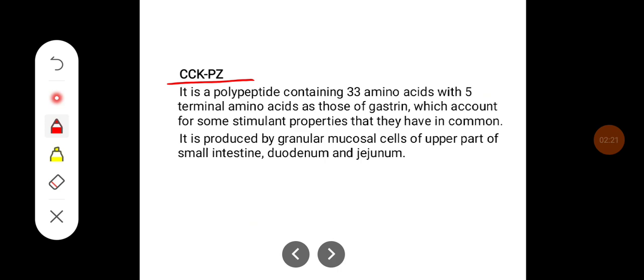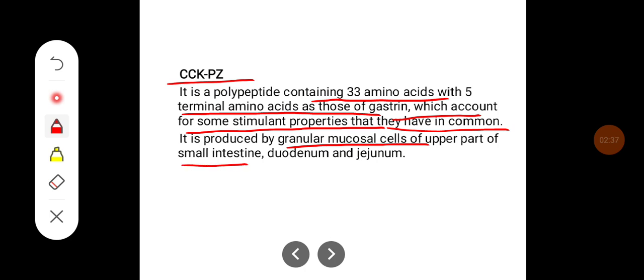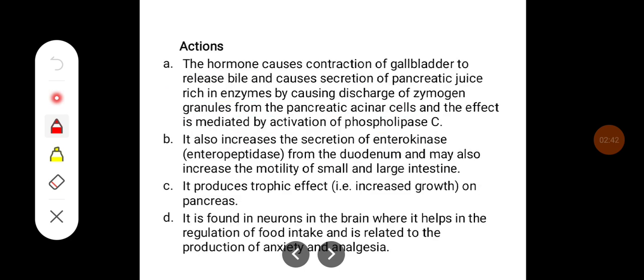CCK-PZ. It's a polypeptide containing 33 amino acids with 5 terminal amino acids the same as those of gastrin, which account for some stimulant properties that they have in common. It is produced by granular mucosal cells of the upper part of the small intestine, duodenum, and jejunum. Some of the actions of cholecystokinin-pancreozymin are: the hormone causes contraction of the gallbladder to release bile and causes secretion of pancreatic juice rich in enzymes